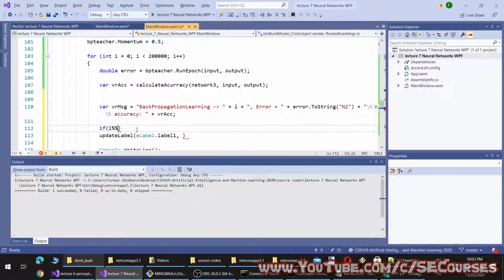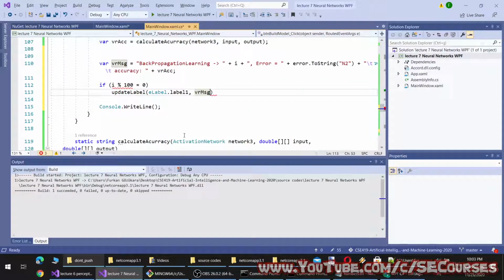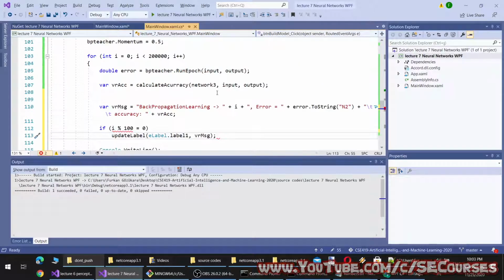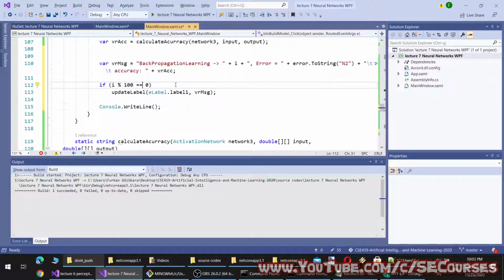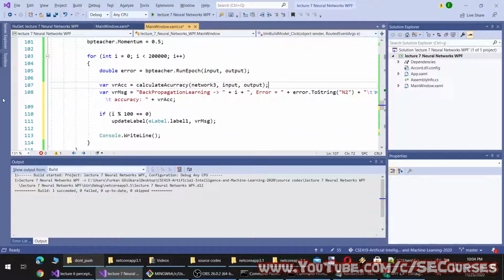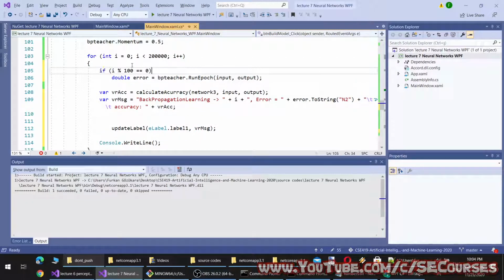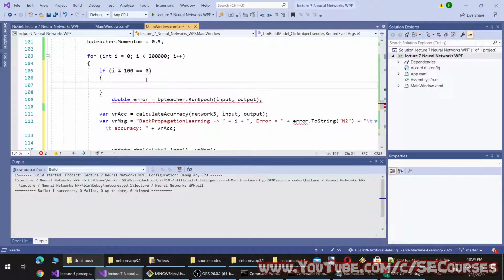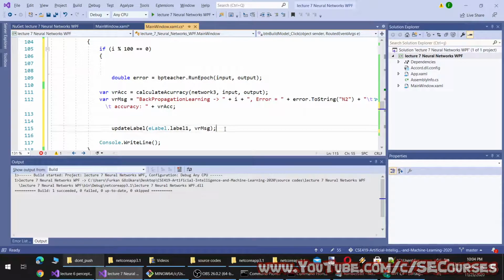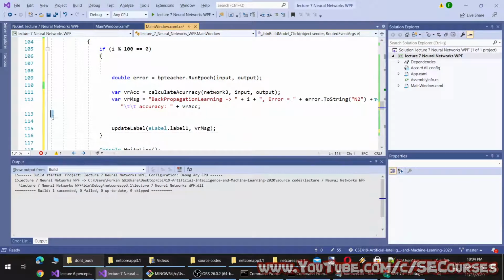So currently we are doing the basic setup of our software. This means that it will update the label once every 100 iterations, and therefore it will be a more performant way, by the way. So I'm going to put all of them into an if to increase the performance.